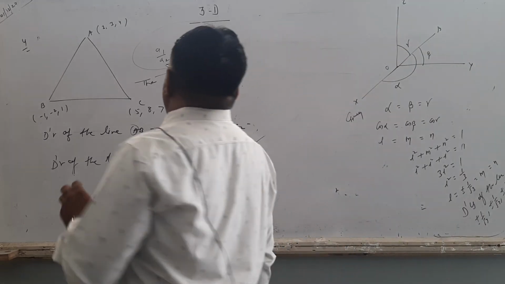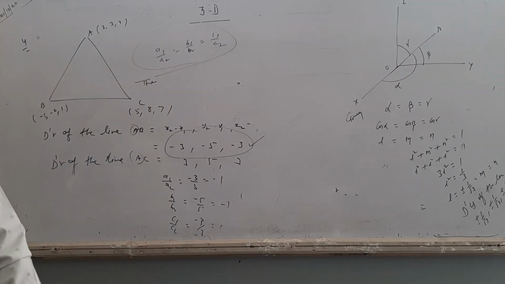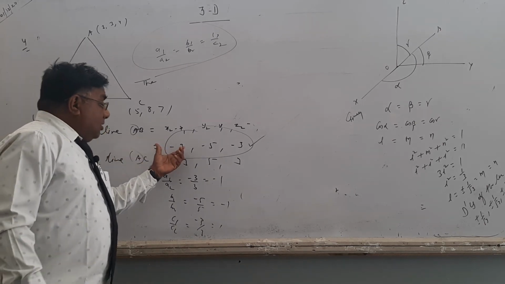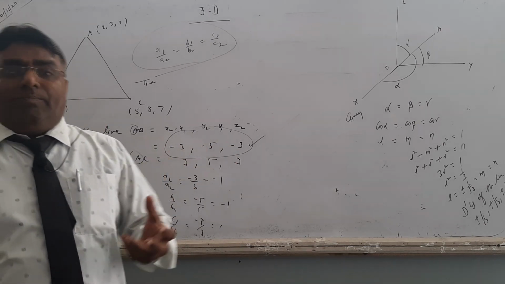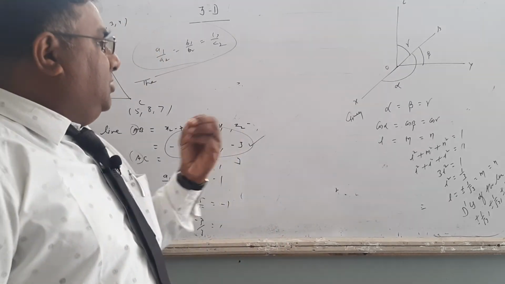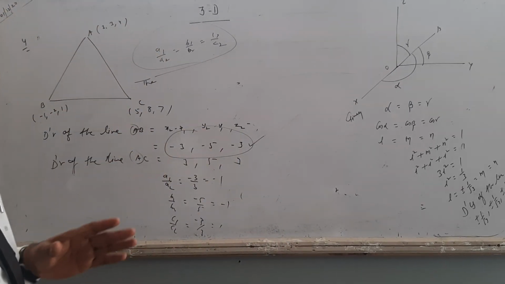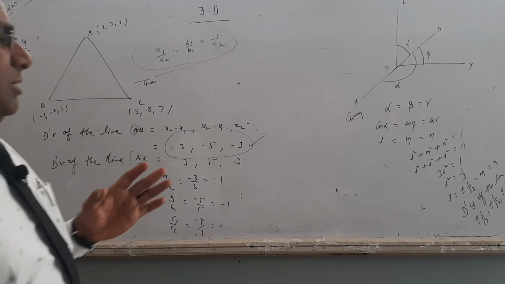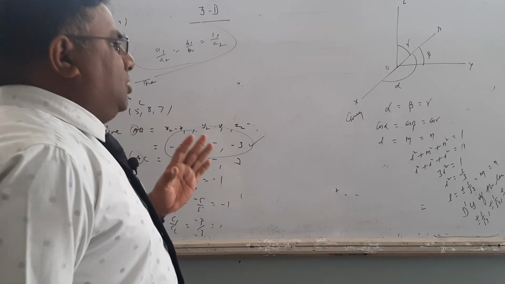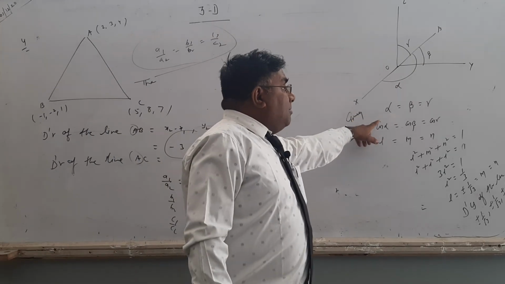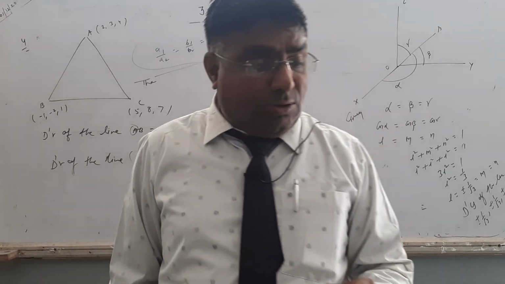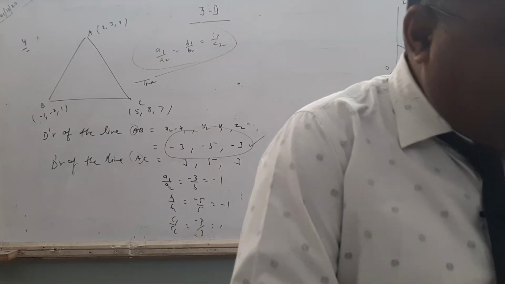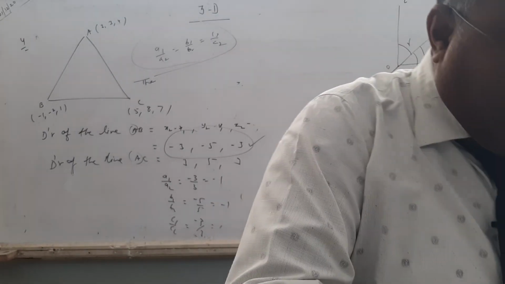So students, this is the 3D, exercise 11.1. Only two subtopics: direction ratio and direction cosine. When 2 points are given, then find the direction ratio. Now the formula is x2 minus x1, comma y2 minus y1, comma z2 minus z1. But when direction ratios are given, then direction cosines are a upon under root a square plus b square plus c square, b upon under root a square plus b square plus c square, and c upon under root a square plus b square plus c square. That is direction cosine. But when alpha, beta and gamma angles are given, in that condition direction cosines L equals cos alpha, M equals cos beta and N equals cos gamma. Thank you.